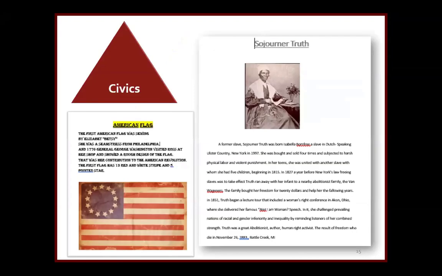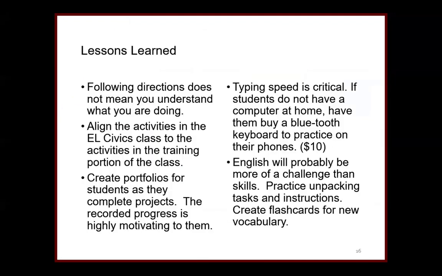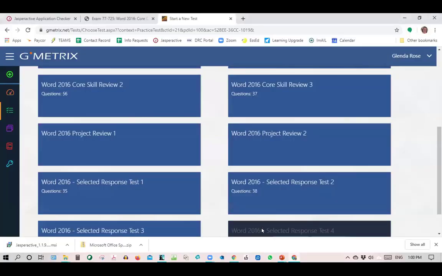In the civics part of this, we had these projects, and some of them were not civics, of course. Some of them were like, tell me about your hometown or your favorite thing, but we also included things like, tell me about an American symbol. So here's one on the American flag, and then this one was on Sojourner Truth, and she was so impressed. The student was just amazed by this. It made her want to go to law school, actually. It was very interesting. Okay, I'm going to go back before we go to lessons learned.